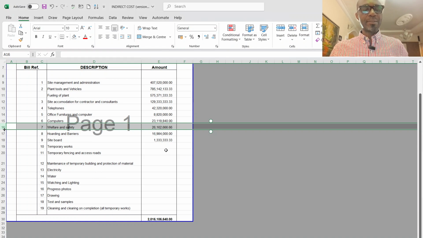We're back again to continue the measurement of preliminary items. We stopped at item 9 before I deviated into taking us on how to measure preliminary items. And if you have missed out